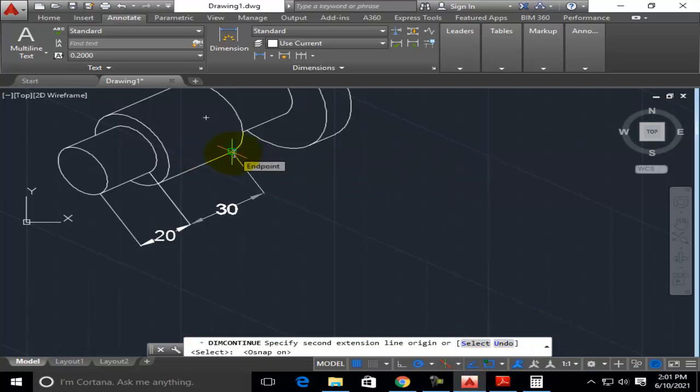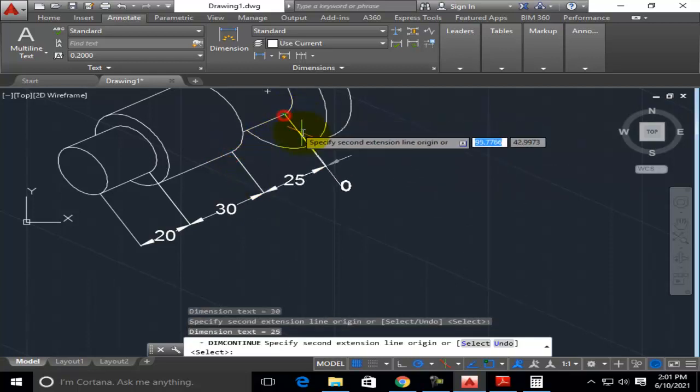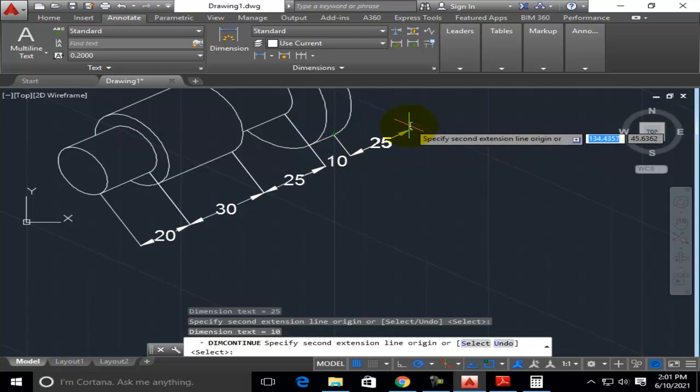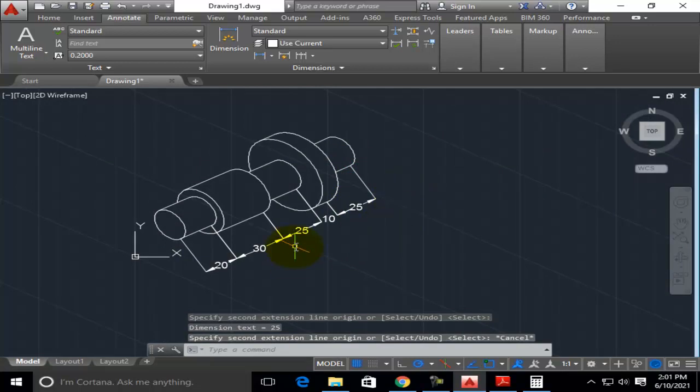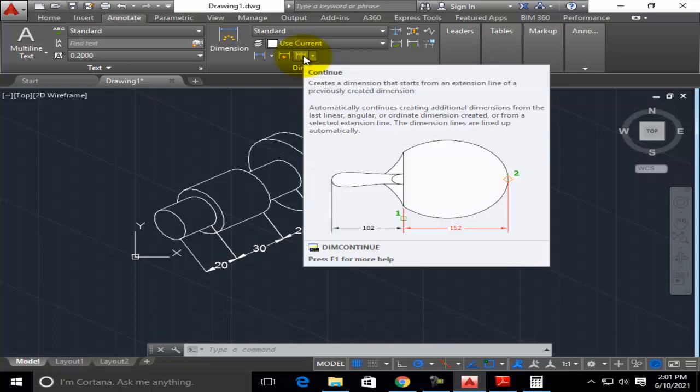Till here it will give you 30, 25 over here, 10, similarly 25. Now we have given the dimensioning. You have to use this continue dimension option, the baseline dimensioning method.